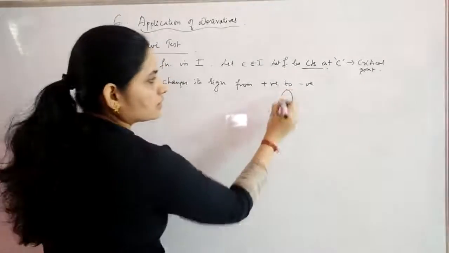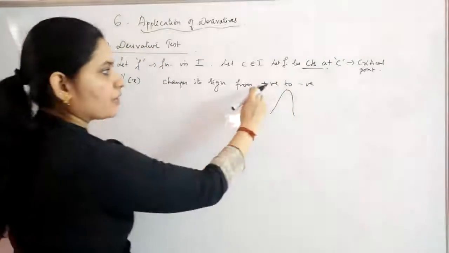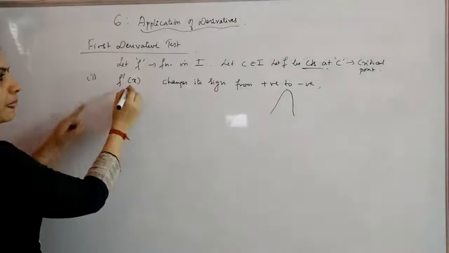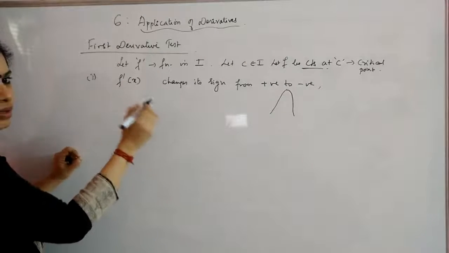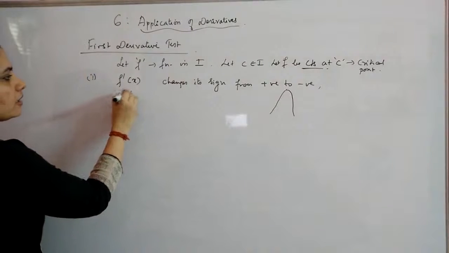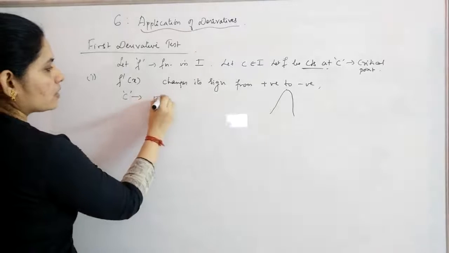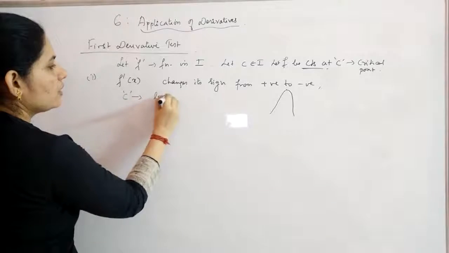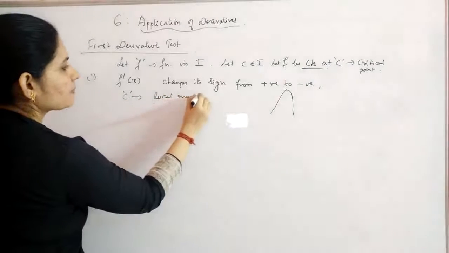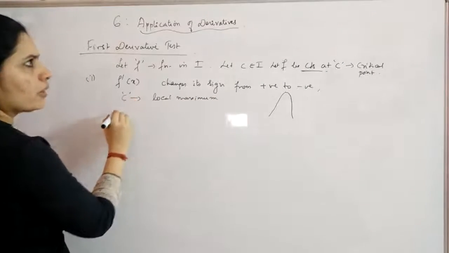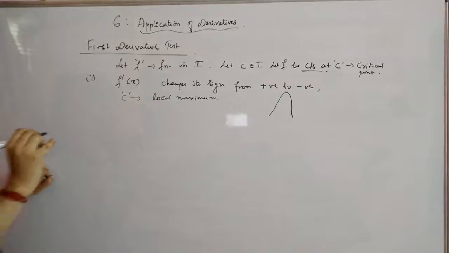So you can see that it is forming a hill. From positive to negative, the point C will be giving you a local maxima,